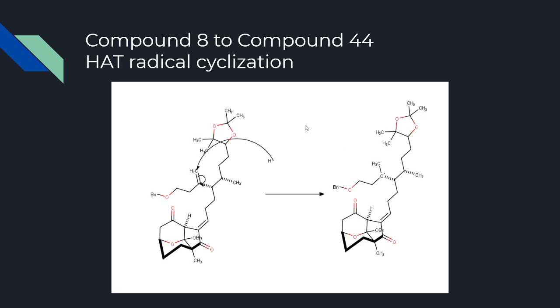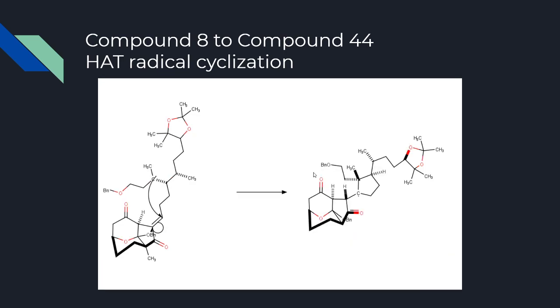The hydrogen radical will do a pi bond addition to add the hydrogen to the less substituted carbon and generate a tertiary radical here. Now, the tertiary radical will do another pi bond addition to form a cyclopentane compound to form another tertiary radical. The reason for this stereochemistry here